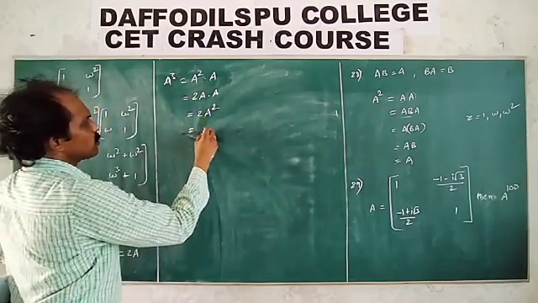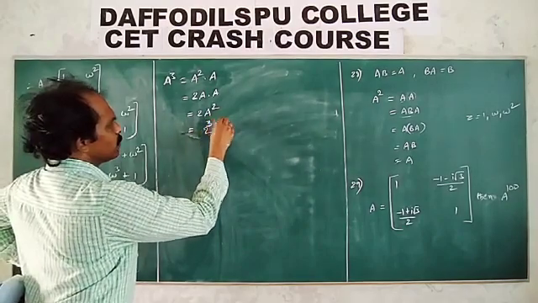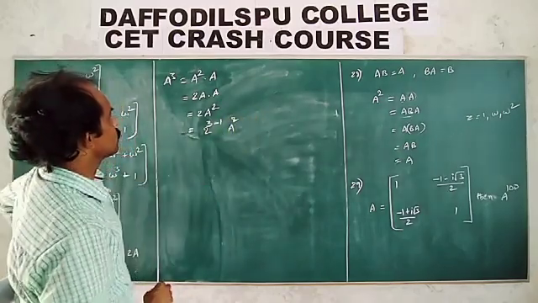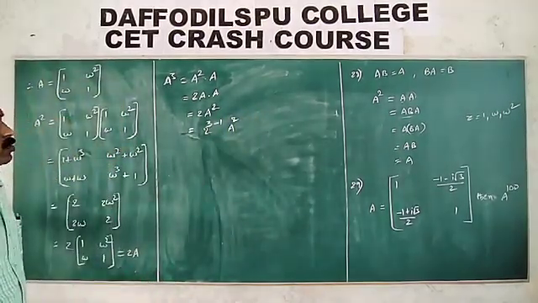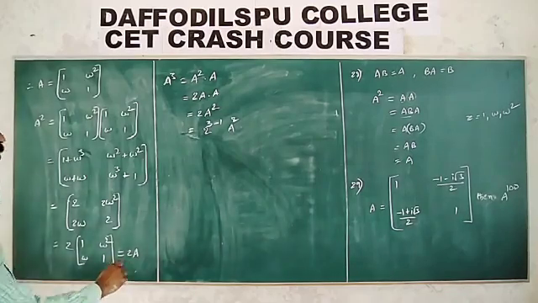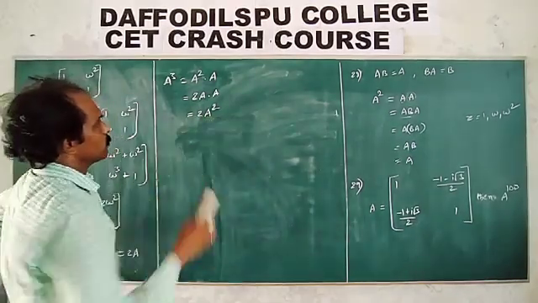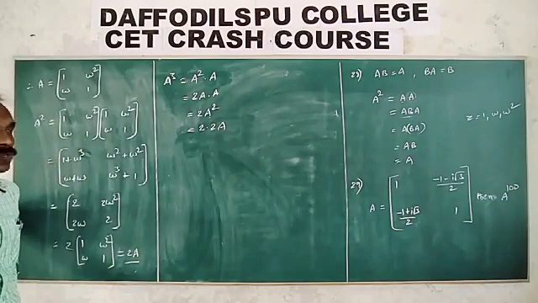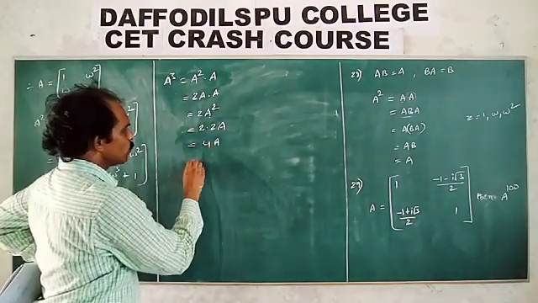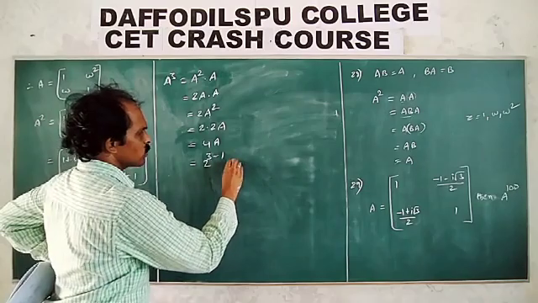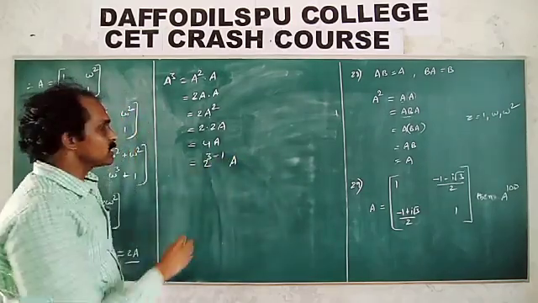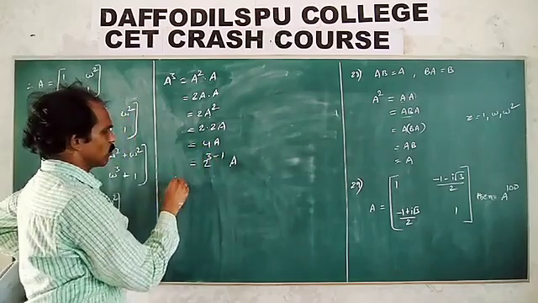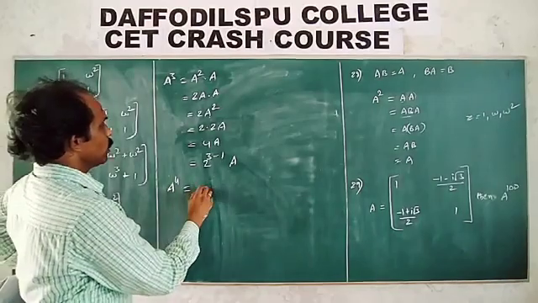How can we write this in terms of this one now? 2 to the power of 3 minus 1 into A square. Correct. 2 into A square, A square value is equal to 2A. 2 into 2A is 4A. This 4 can be written as 2 to the power of 3 minus 1 into A. How can you write 3 minus 1? 2 square, 4, right. A power 4 is equal to what value?